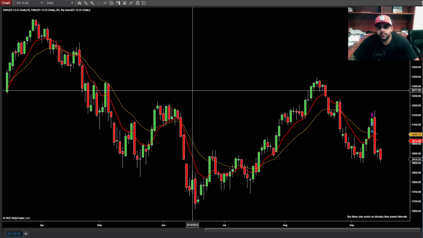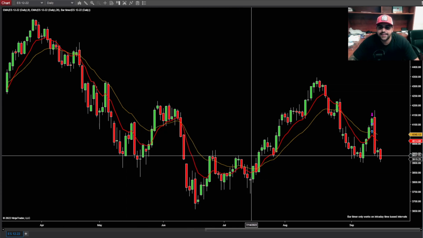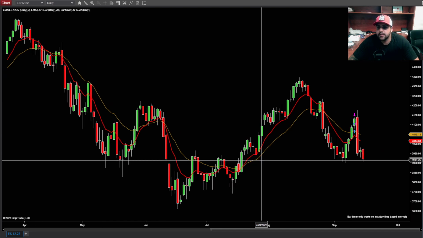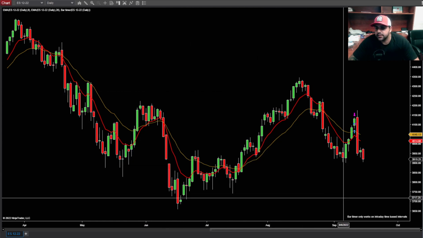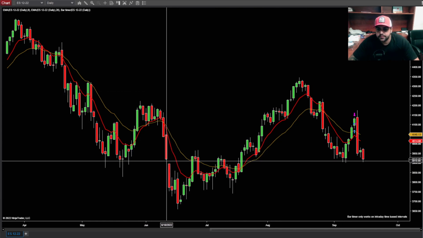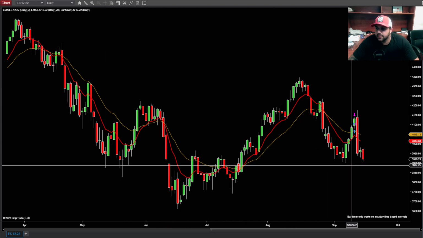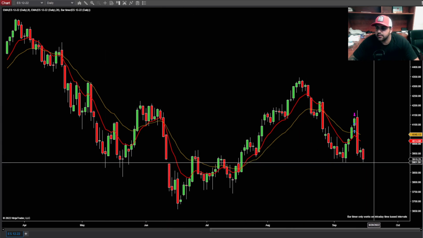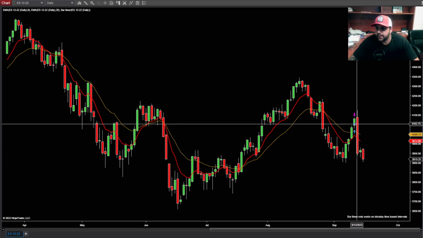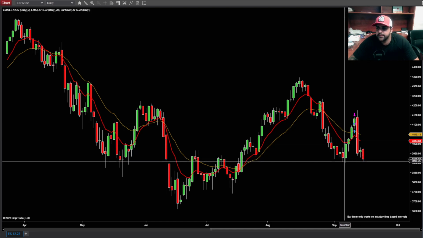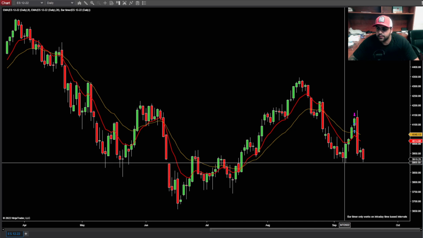Okay, so this is the daily chart of the ES. This is basically the S&P futures, and this is the daily chart here. As you guys can see, this level right here, the 3900 level, is a pretty strong support level. Last time we had a bounce from that level. We bounced from the 3900 in the previous